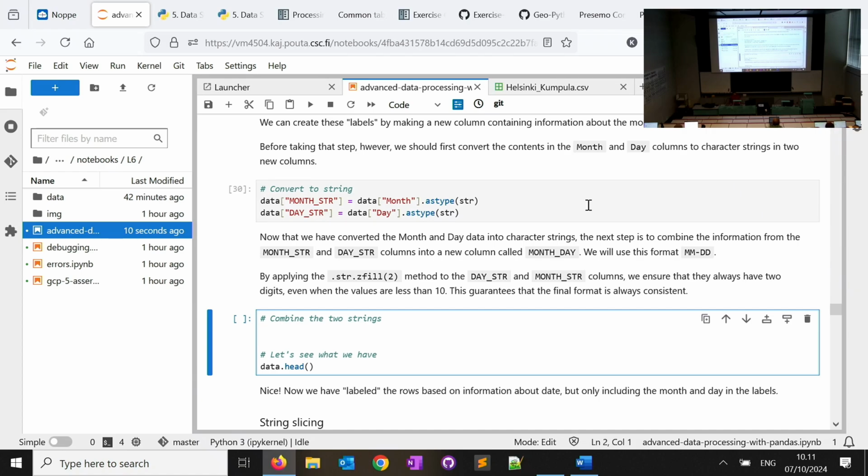What I'm doing here is creating these values, month, day, and date, so that I can use them to create those unique days. This is what I'm trying to achieve. We have worked with strings before, so it should be easy for us to do that. I'm going to create a new column for storing these values, and I'm going to call it MONTH_DAY, all in capital.